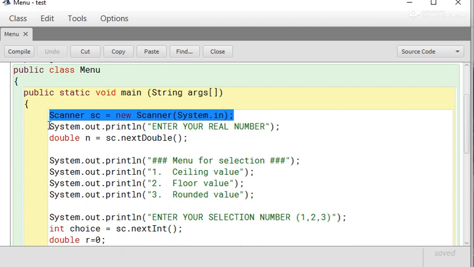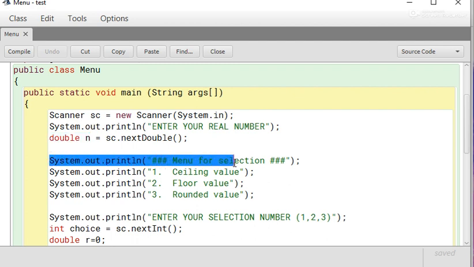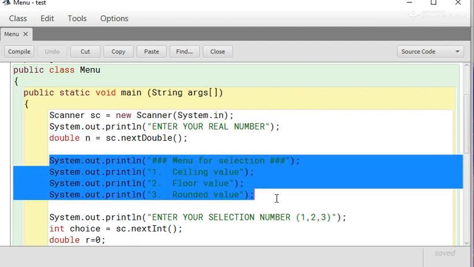By using this, we enter a real number. A message is given to the user, and after receiving the number in the n variable, the user gets a menu: one for ceiling value, two for floor value, three for rounded value.